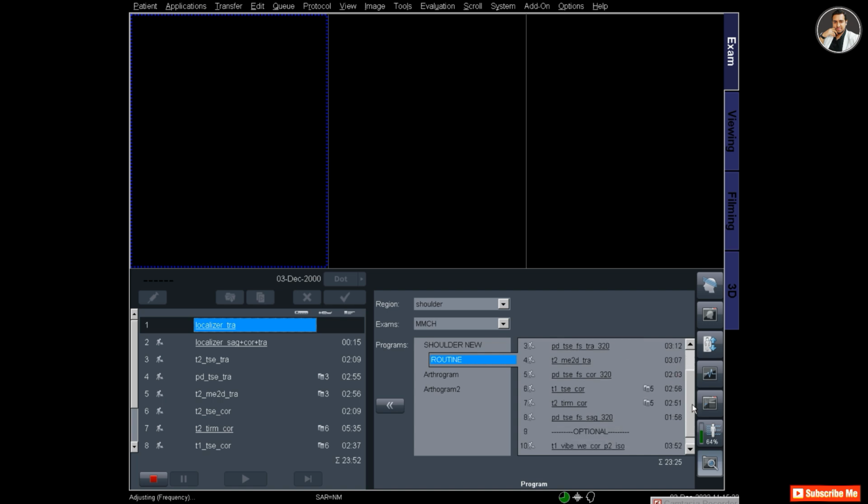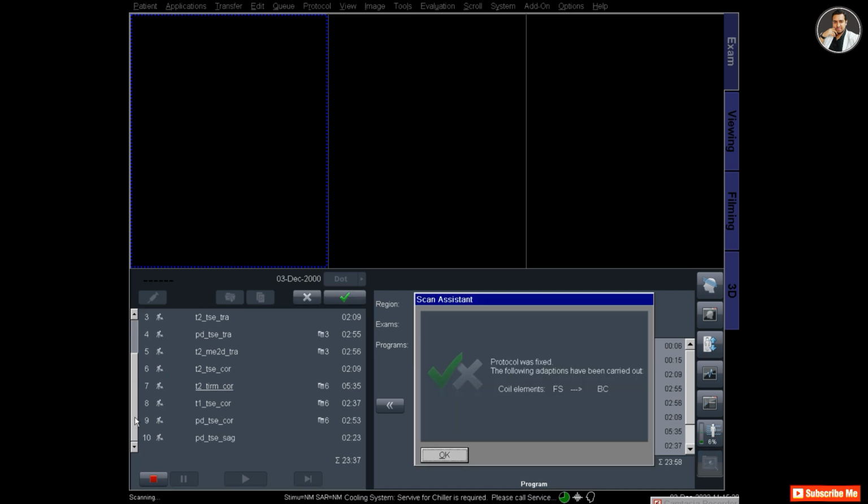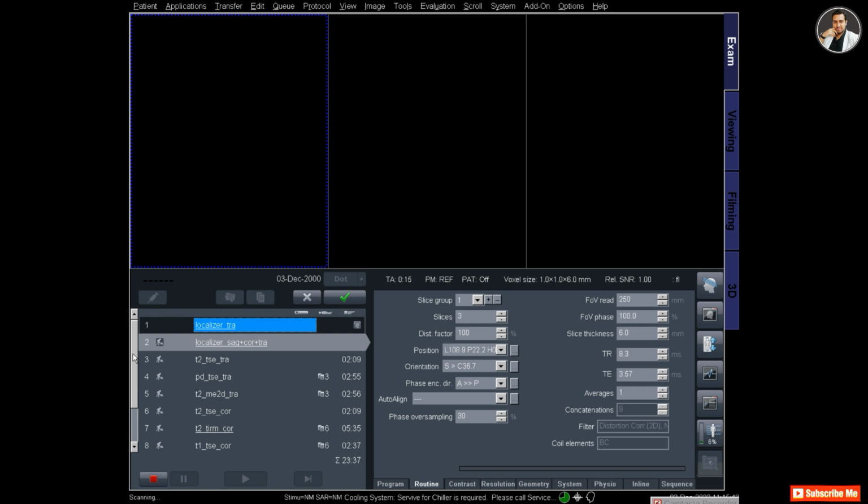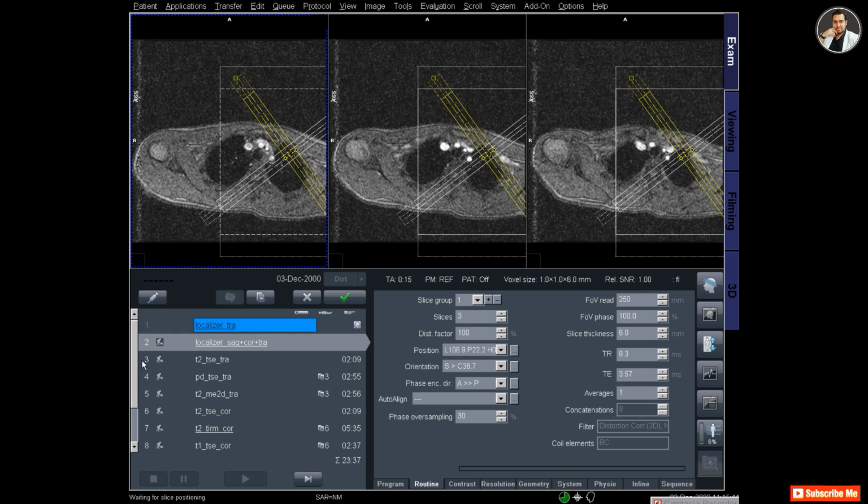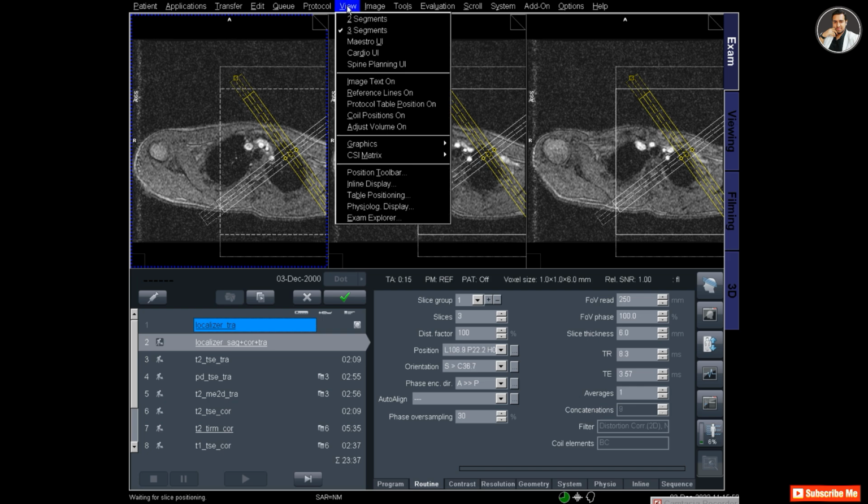So first the localizer, there are two localizers. The first one is only the axial localizer, and the second one is the axial, sagittal and coronal localizer. In this first localizer you can see there is noise in this image because this localizer didn't find the flexible coil.